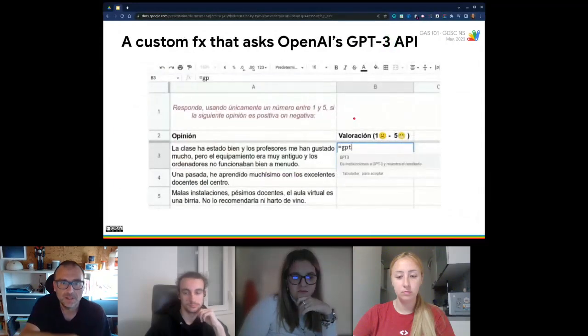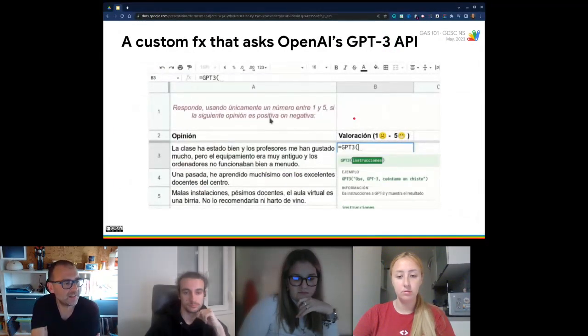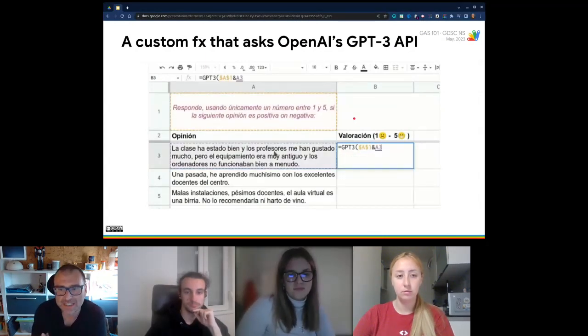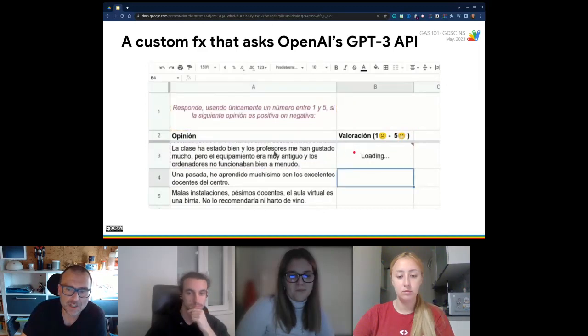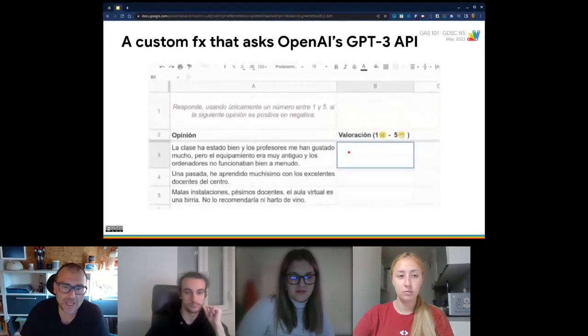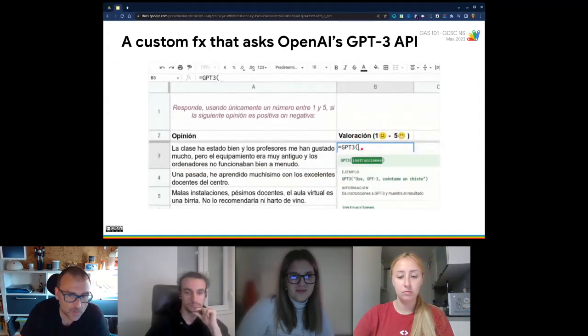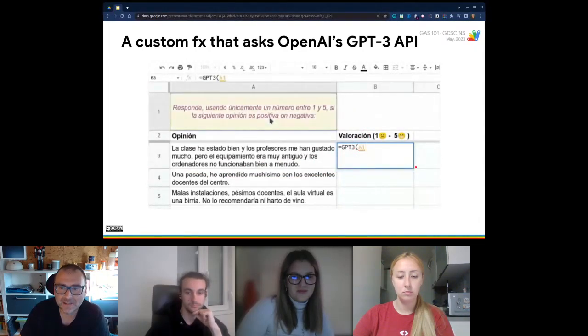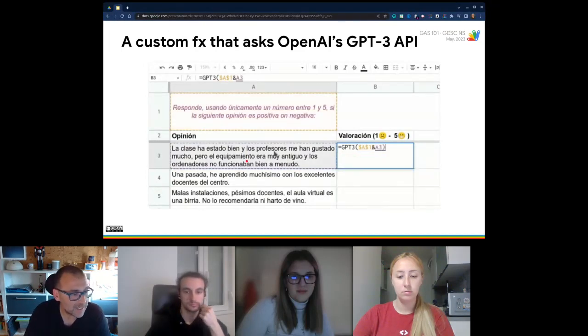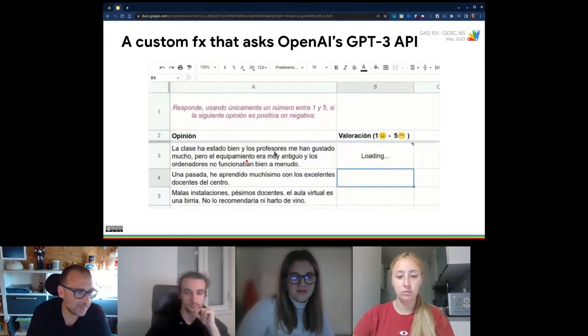Another example, we demonstrated before a way of interacting with the GPT-3 API. Now you have this in some other form, a custom function that can be used in your regular formulas. You don't need to use a menu command. You don't need to type anything, just a formula that can send any prompt to GPT-3 and get a response. Some other way of deploying the same concept, but with custom functions. Okay?